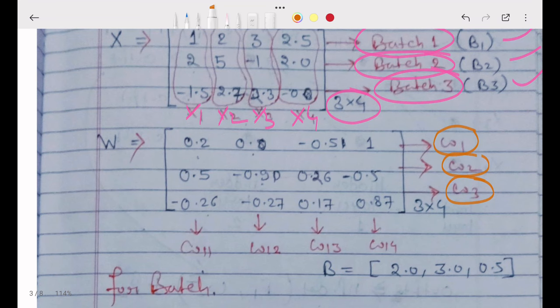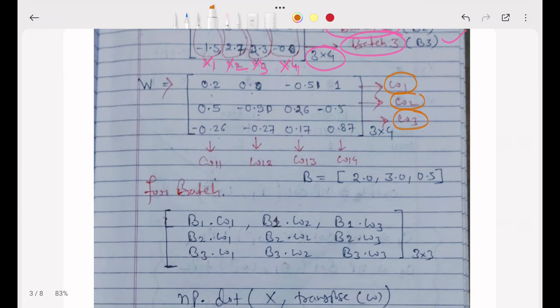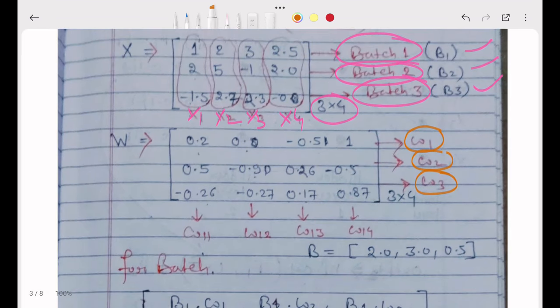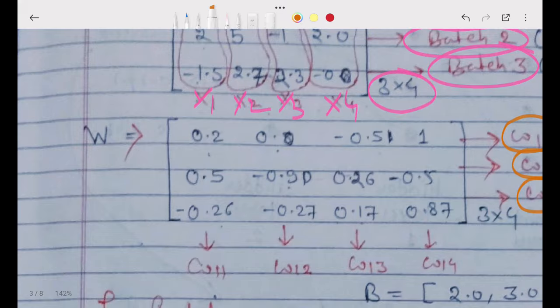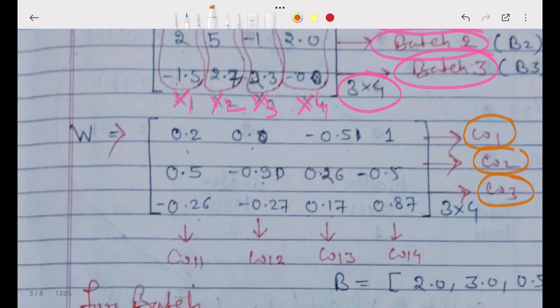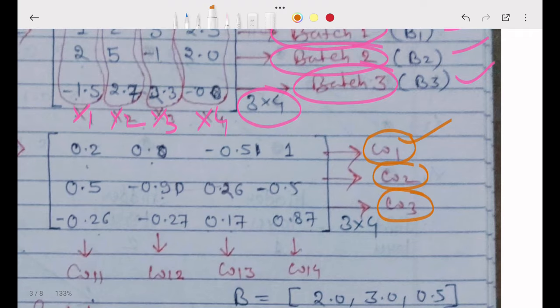I will show the structure later. The first row 0.2, 0.0, minus 0.51 is the weight number 1, then 0.5, minus 9.0, 0.26, minus 0.5 is the weight number 2, and minus 0.26, minus 0.27, 0.17, 0.87 is the weight number 3.